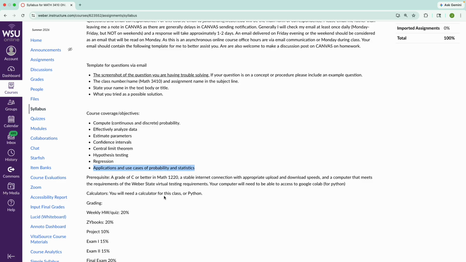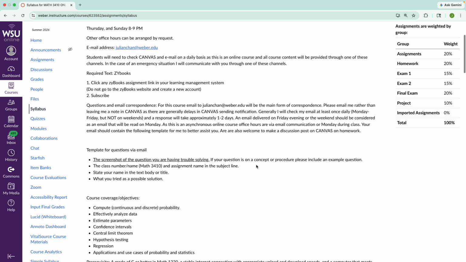I mentioned that you're going to use software. The software we're going to use is Python, and for most of us, you can just use Google Colab in this class. However, you'll also use it in your textbook. The required textbook is a zybook. There you have animations that correspond to Python code, and you also have Python code itself that you'll be able to execute. Now, if you don't know anything about Python, that's completely okay. The textbook teaches you how to use the software and the commands, as well as the underlying principles of it,